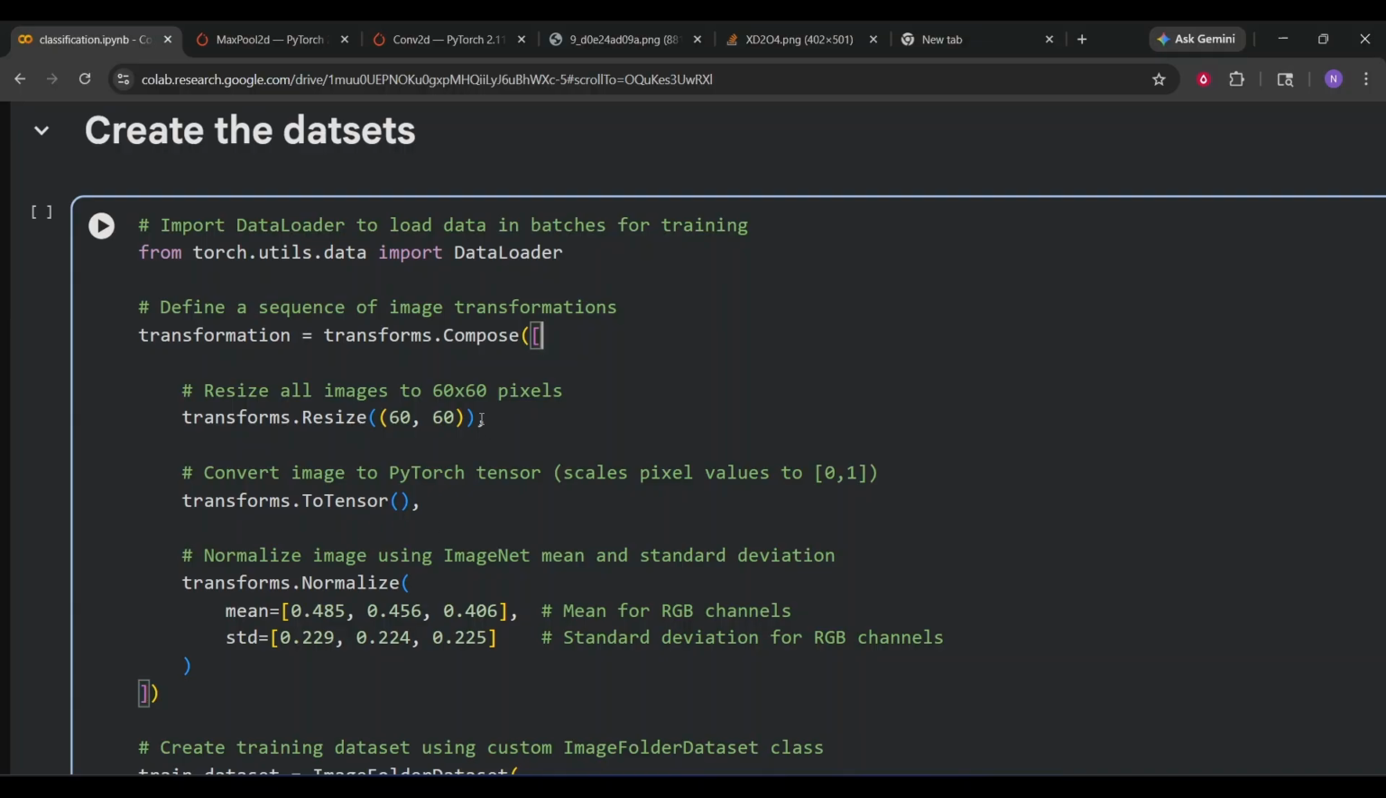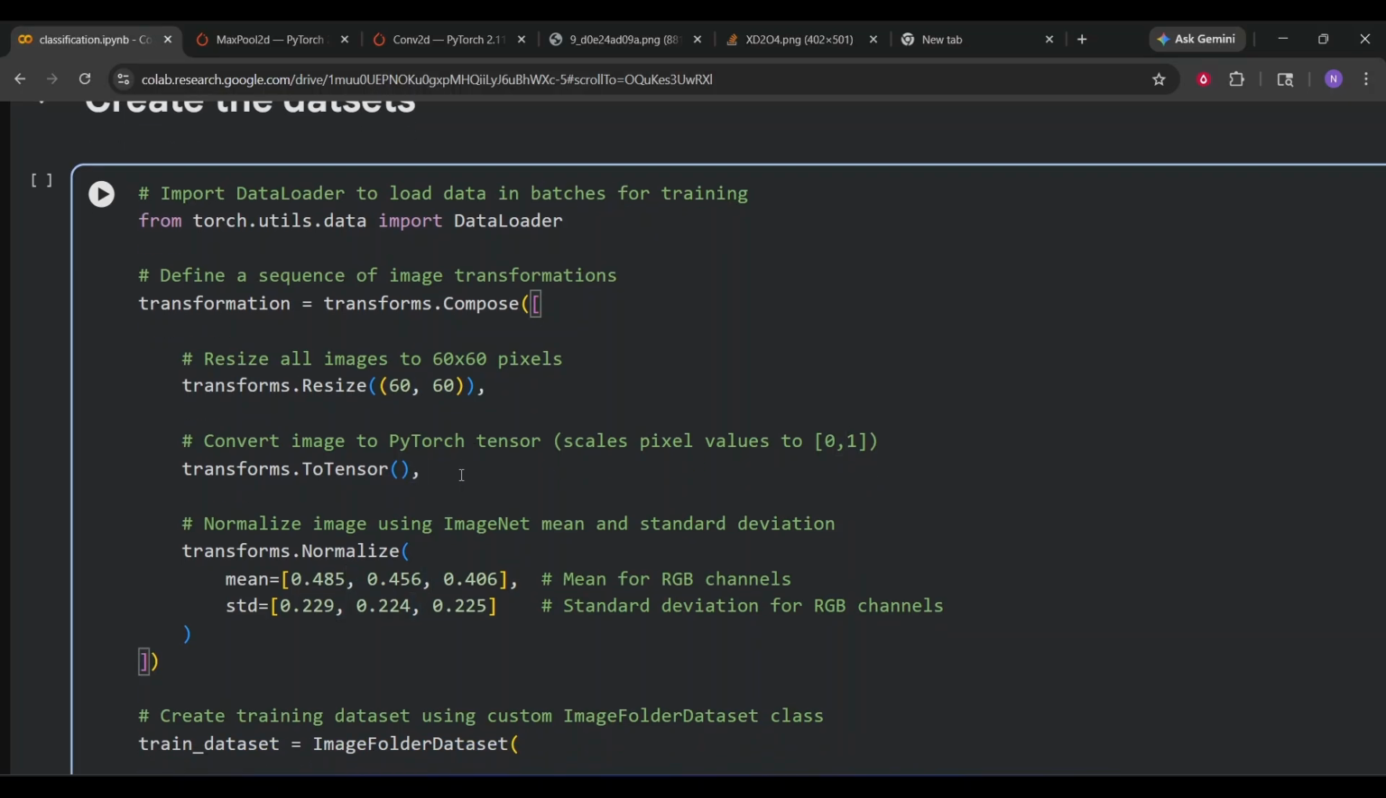First of all, we have to resize it to 60 by 60 pixels. After that, we have to convert it into a tensor. Basically, convert to tensor means scale the pixel values to the 0 to 1 range. And one more thing, ToTensor basically converts the dimensions from HWC to CHW form of the images. Okay,